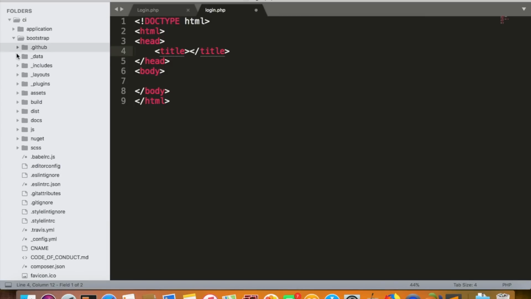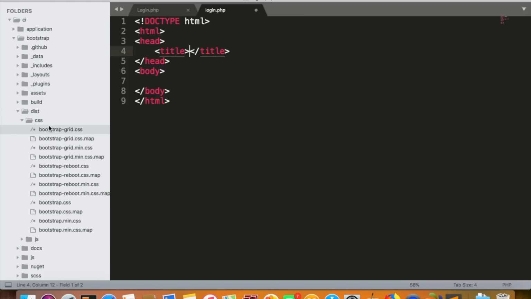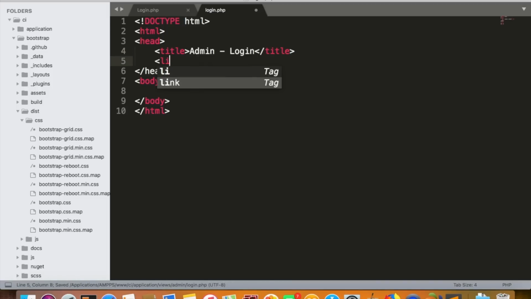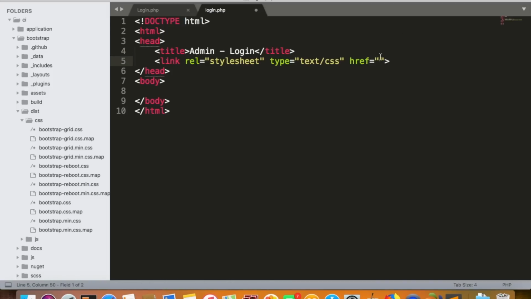Inside my Bootstrap I have a dist folder. Inside dist we have CSS, and I just need to link this bootstrap.css inside my document. So title would be admin dash login. Okay, so in order to link the bootstrap.css, I'll just write link href. Now inside our href,